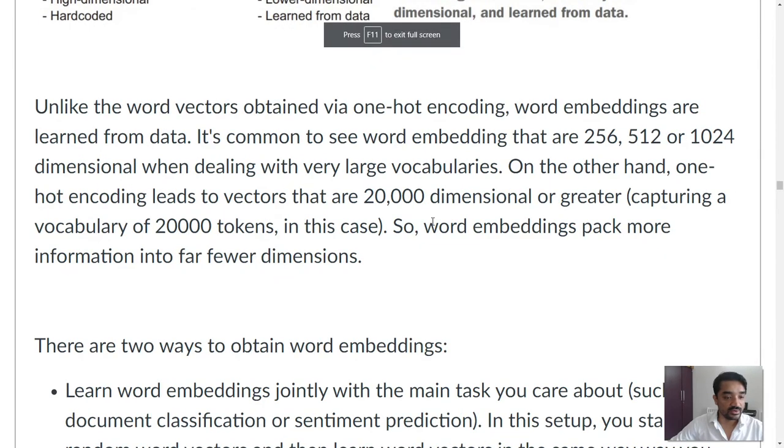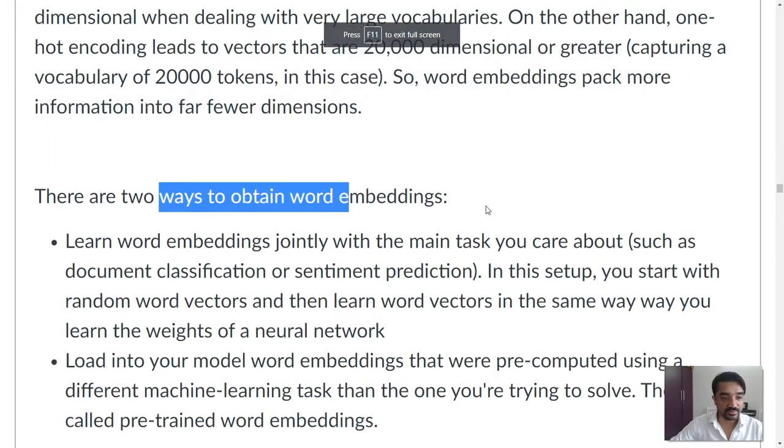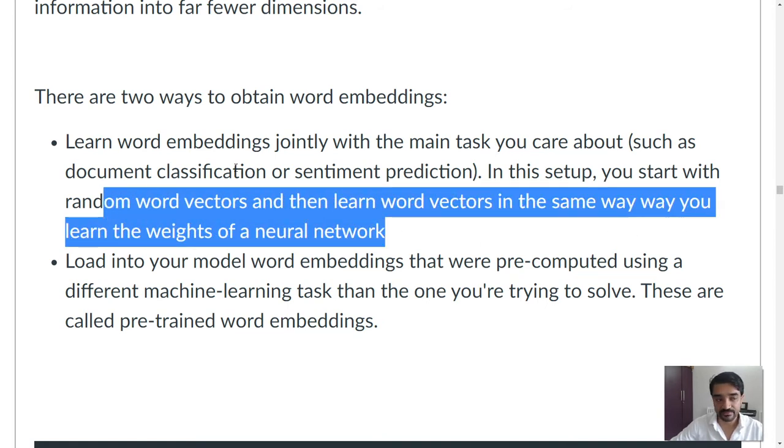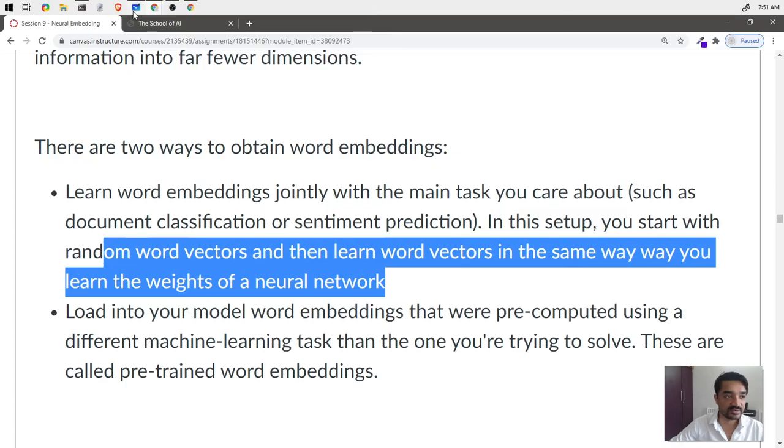Now, okay, so this is what we discussed. There are two ways to obtain embedding. Learn word embedding jointly with the main task, and we are going to discuss this. In this setup, you start with a random word vector, and then you learn word vectors in the same way you are going to learn the weights of a neural network. So basically, what we are saying is that,